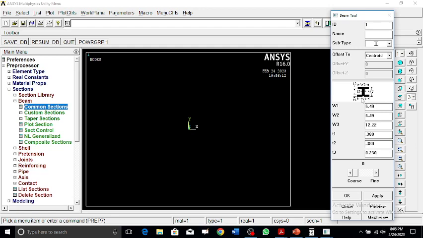This is the flange width, W1, W2. W3 is the web height. W3 is the total height of the web including the flange, so it is 12.22. T1 and T2 are the thicknesses of the flanges, 0.380 inches, and the thickness of the web is 0.230 inch, and you can basically